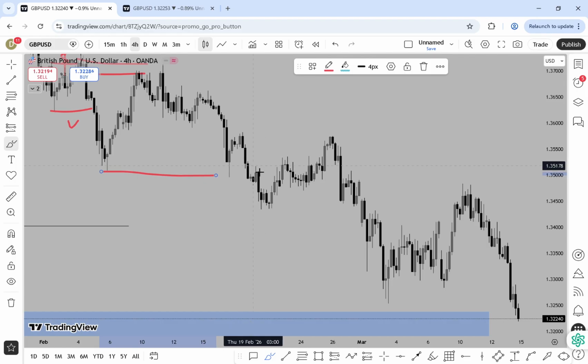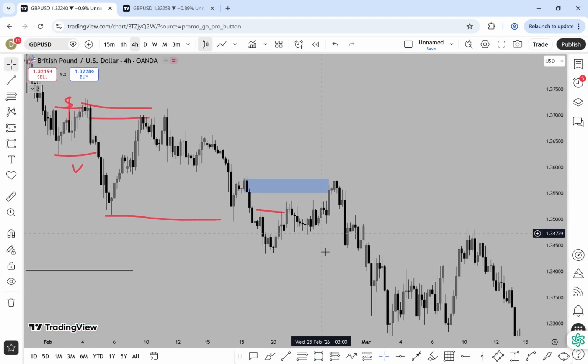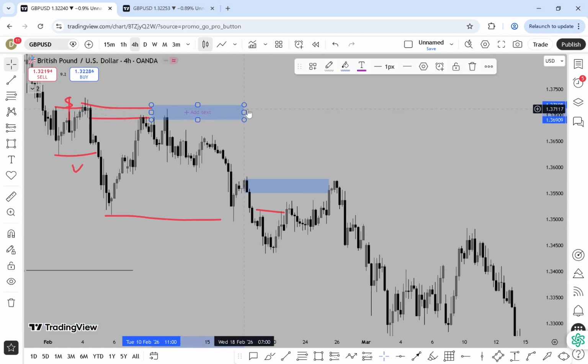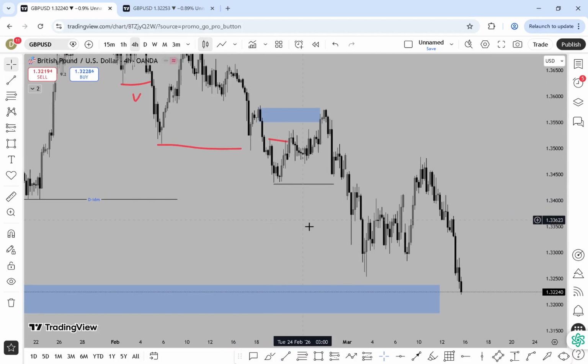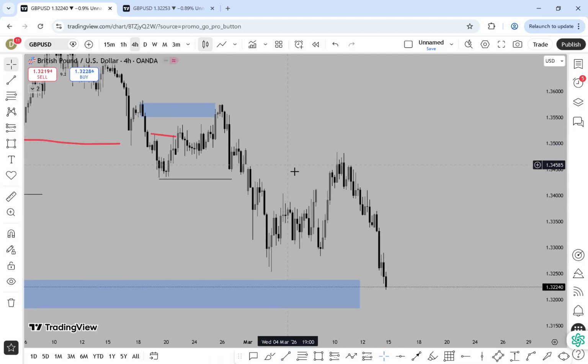So all I did was look for another inducement and wait for the market to mitigate this decisional POI, and probably this is going to be a hidden extreme POI, but the market refused to come there. So the market responded to this level, then this one confirmed a complete structure for me. Immediately I saw this, I knew that I needed to position for a new one because this level has to be